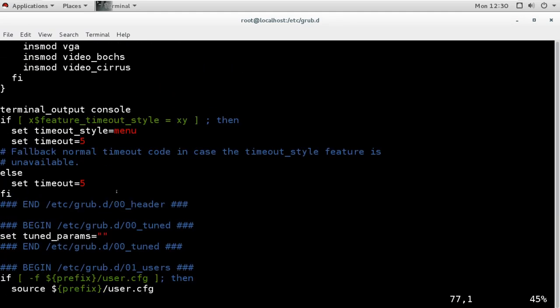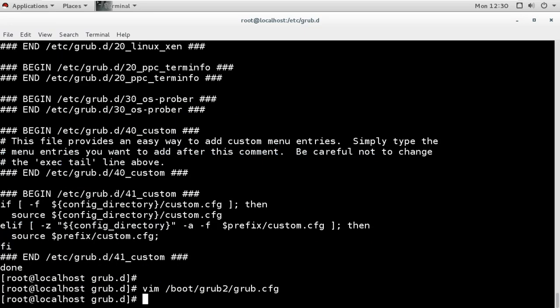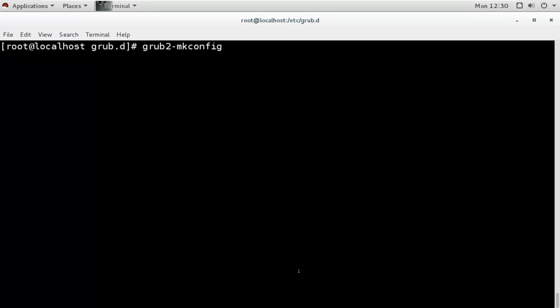Why? Because it is not updated. When I run this command, it updated the changes and sent the output to the terminal directly. It is not sending the output to the main configuration file, and it will never send this output to the main configuration file. So why did I run this command here directly? Because I want to see whether I made any wrong configuration or not.